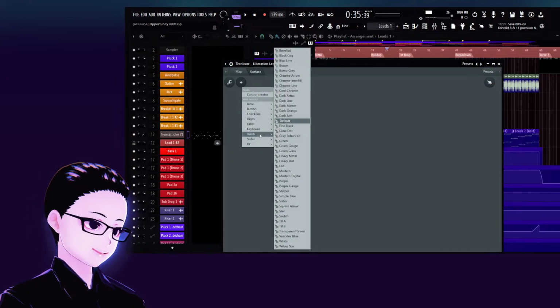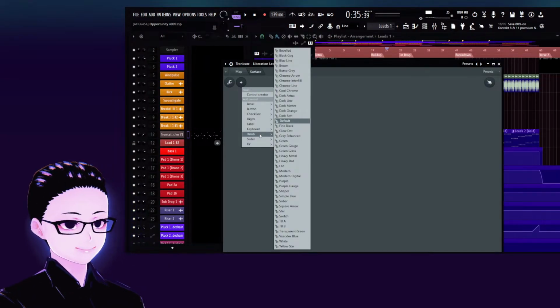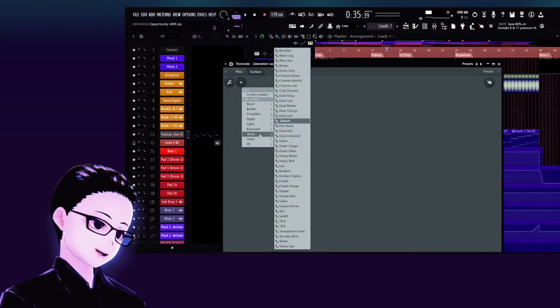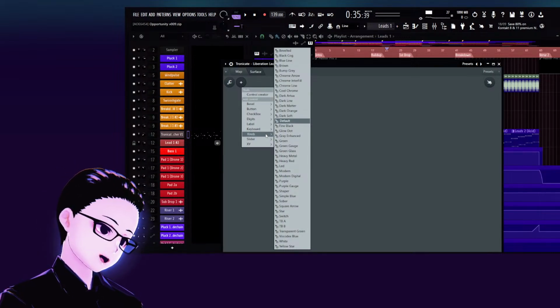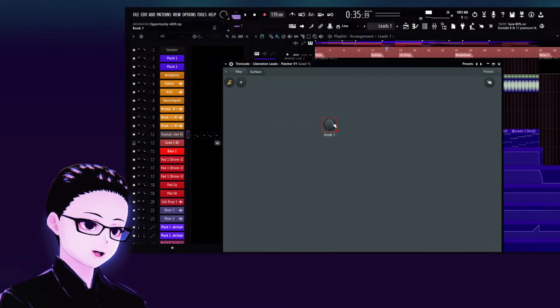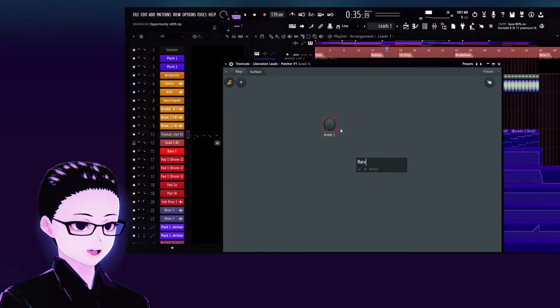This is one of the many things I love about Patcher, by the way. This is why I recommend FL Studio more than anything. Yes, I am quite biased towards it, but the fact that you can just load in a dial like that, and then rename it, let's say reverb,